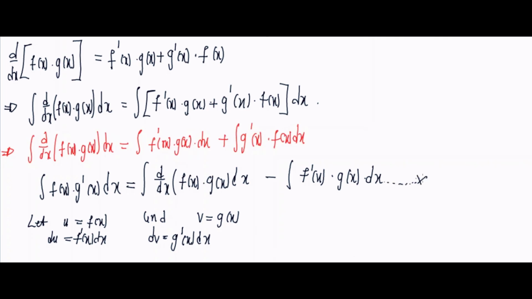Let me just create some space here so that you don't miss it. So now, where there is f of x, we're going to put u. So from this part here, f of x is u and g prime of x is dv. So we'll have u dv, which is equal to